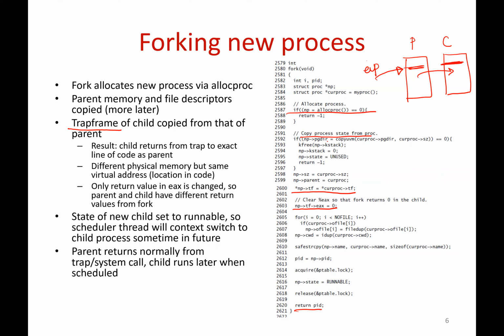And coming back, you have copied the state, you've copied the memory. So this is where a duplicate of the memory image is created. And you copy the trap frame, you set the EAX return value in the child to 0, and you set the child state to runnable. And of course, the parent returns from trap. Now, when the scheduler goes around to finding new processes in its for loop, tries to find the next process to run, it will find the child at some point, and then the child will run according to the configuration we've done here.